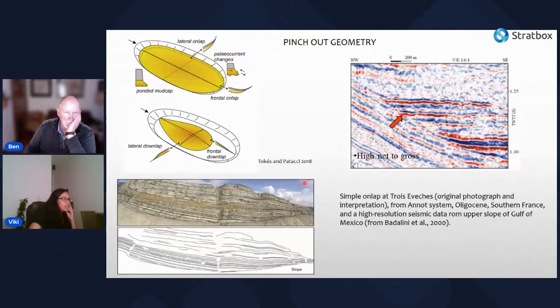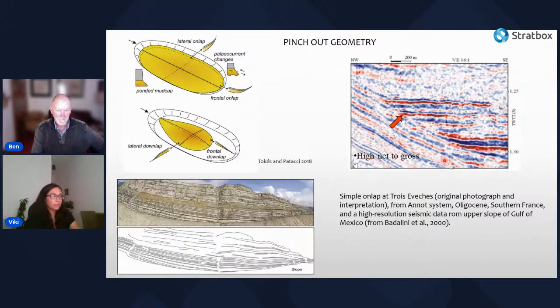In this outcrop here, located in southern France, we are looking at the Annot Formation. As well, we can see this single turbidite, this sandstone in here, pinch out abruptly against this on-lap surface. And what we have in here is the slope sediments, very, very fine grained sediments. So